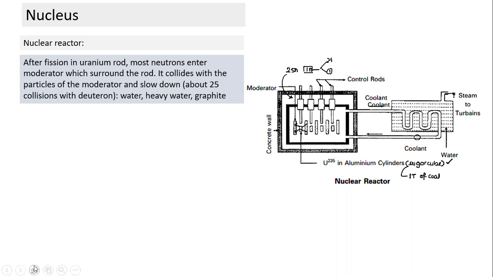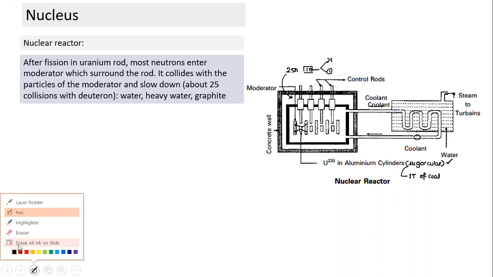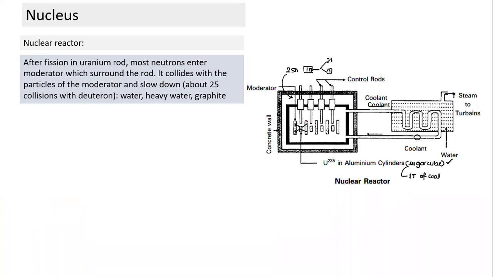What is this rod? Between 2 uranium cylinders or 2 uranium pellets or 2 uranium rods, what is the red color thing? This is called moderator. So between any 2 uranium rods, there is a moderator. Whatever neutrons are released here will pass through the moderator before they reach the next uranium rod. And what does this moderator do? The moderator slows down the neutron to a kinetic energy equal to thermal kinetic energy by the time they reach the next uranium pellet. Have you understood what I said now?